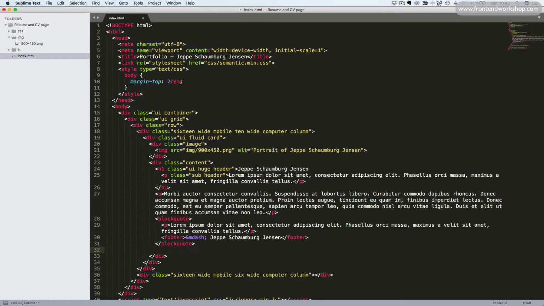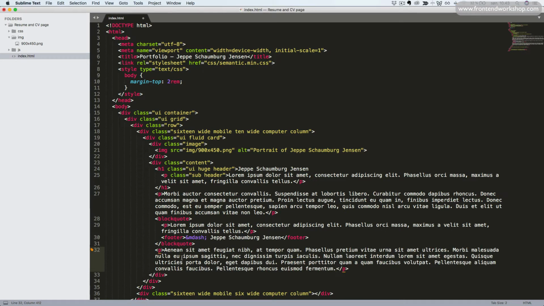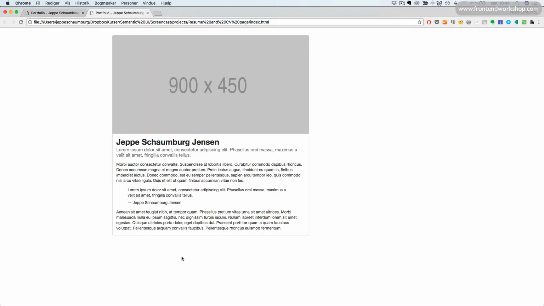After our block quote tag, we'll create one more paragraph, and once again I'll just paste in the text here. Let's save this, go into our browser, select the right tab and refresh. Now we can see our very first